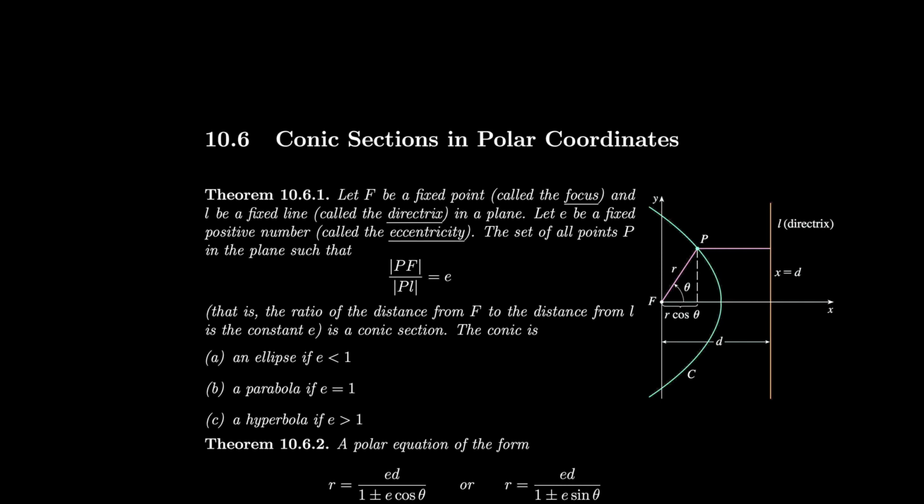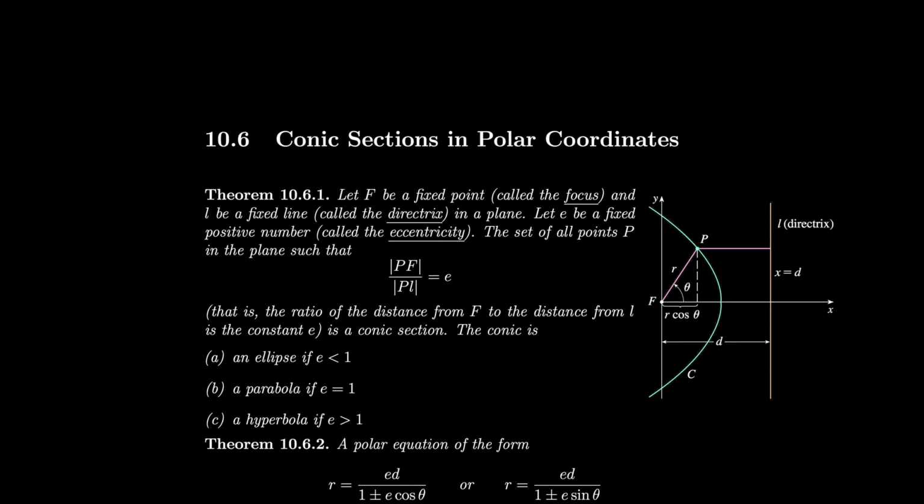Section 10.6, conic sections in polar coordinates. Let F be a fixed point, called the focus, and let L be a fixed line, called the directrix, in a plane. Let e be a fixed positive number, called the eccentricity. Then the set of all points P in the plane such that the distance from P to F divided by